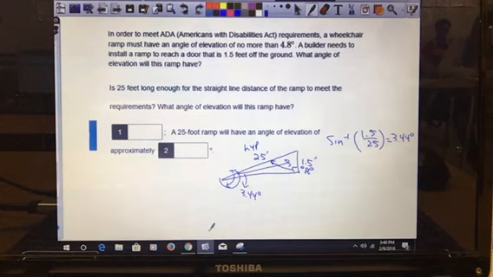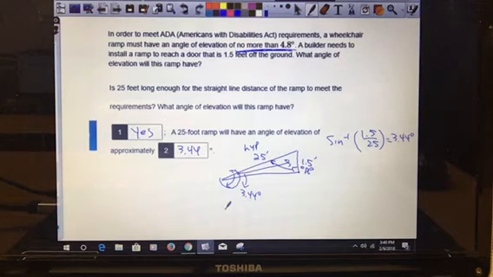3.44 degrees. So would it meet the requirements? Is it no more than 4.8? Yes, it would. The angle of elevation will be approximately 3.44 degrees. So yes, it would meet it. So it's 1.5 feet off the ground. It's a 25-foot ramp. It would have an angle of 3.44 degrees. It would be fine. They'd be able to get up the ramp. Okay. Last one